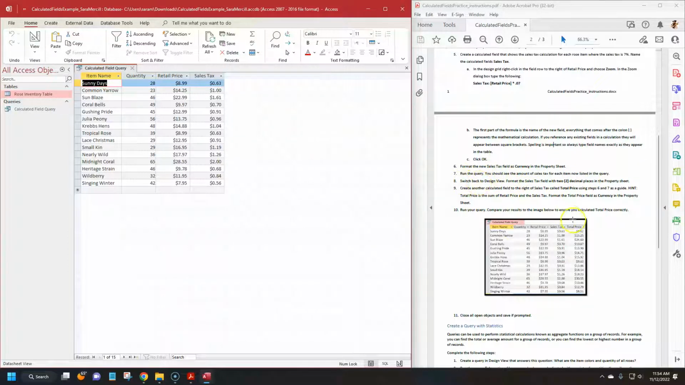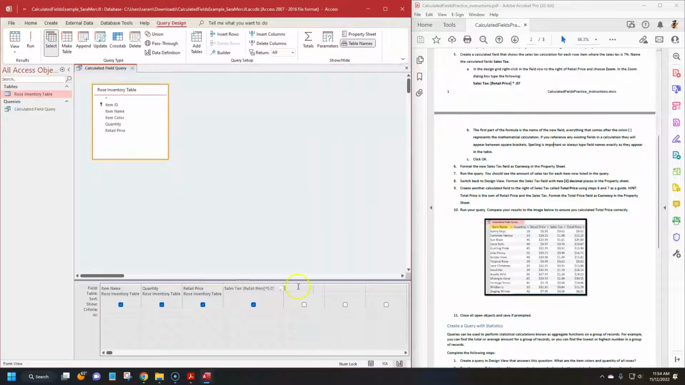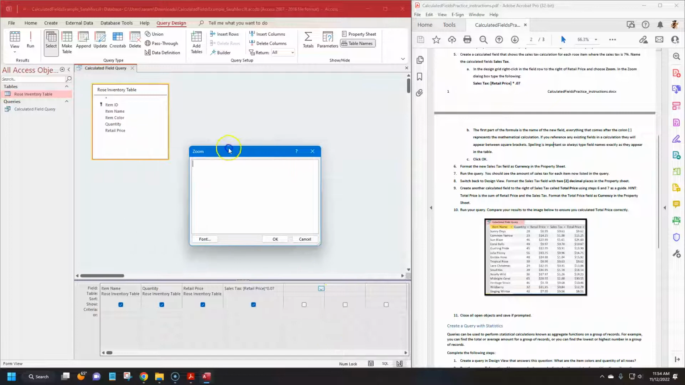So the next step is we're going to add the next calculated field, which is the total price. So we go back to design view, close this property sheet, give me some more room. And so the next field is going to be the total price. We're going to use the same method we were using before. So I'm creating a new field on the fly. I'm going to right click and choose zoom so I can get that nice big window. And then the name of this field would be